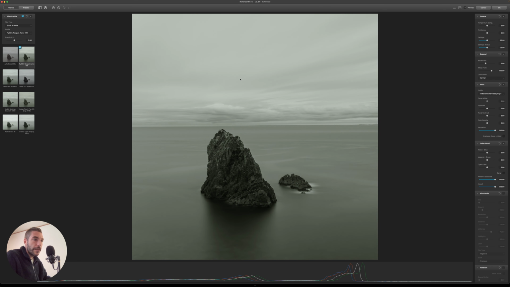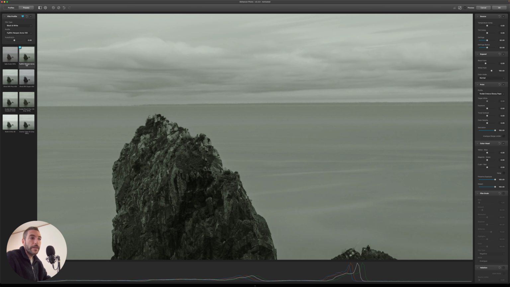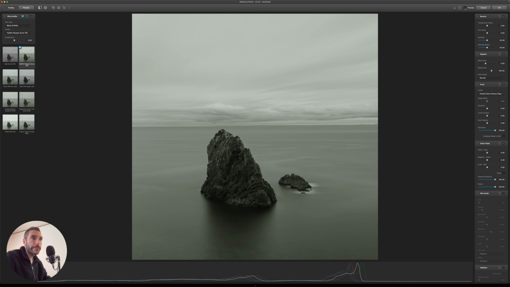And as you can see, the default settings for this film are already applied to my image, and I can see it here. I can, of course, zoom in to see 100%, and I can toggle the preview on and off. And as you can see, it looks really nice straight out of the bat. The only thing that bothers me a little bit is that, at least to my eye, there is a slight green cast, and you can see it also here in the histogram.